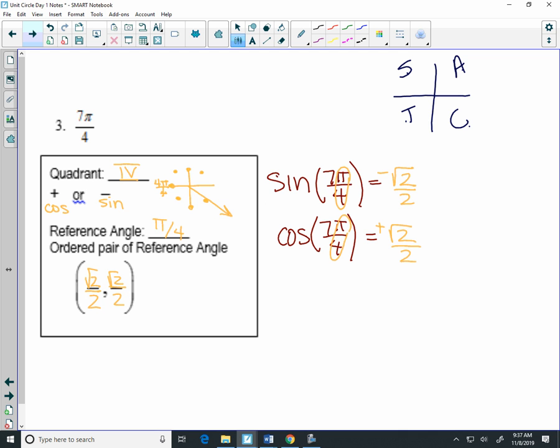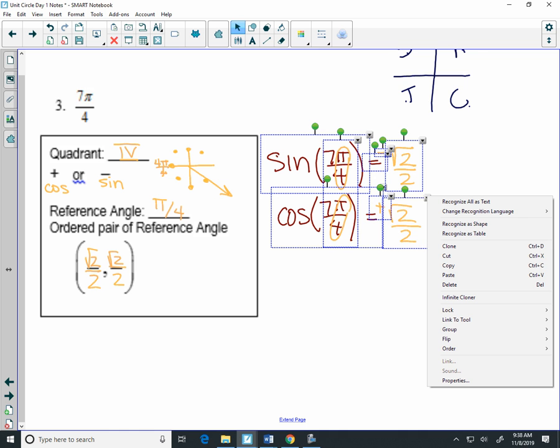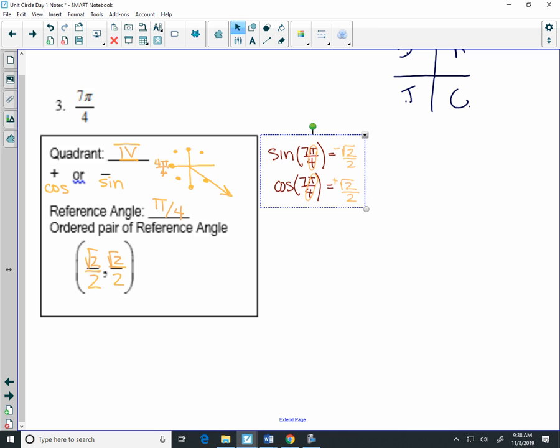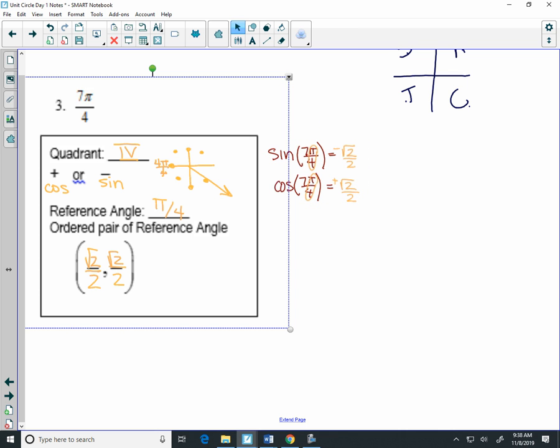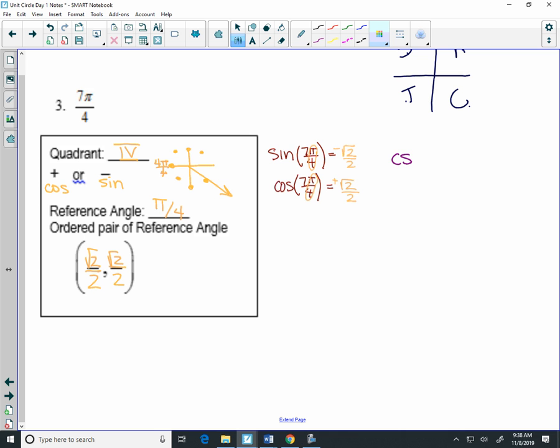Okay, let's do a pi over 4. Oh, the reciprocals of these are a little painful here, but that's okay. I'm going to make these guys smaller so we have some room. The nice thing about finding cosecant and secant for any of the pi over 4s is once you do it for sine, you've done it for cosine as well, since they have the same value. So I'm going to, again, just flip these guys. Cosecant